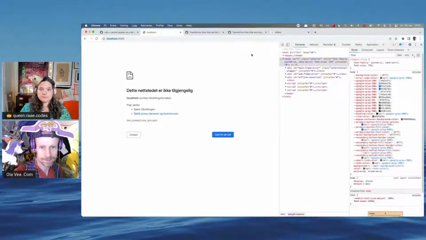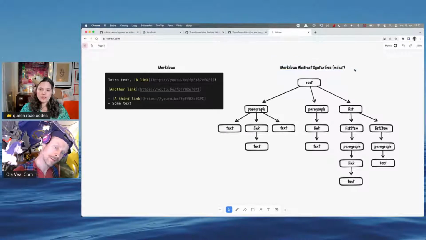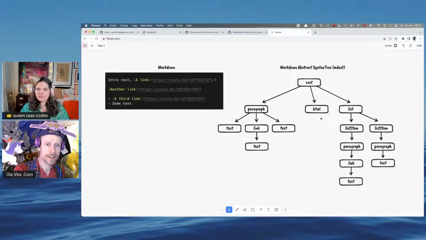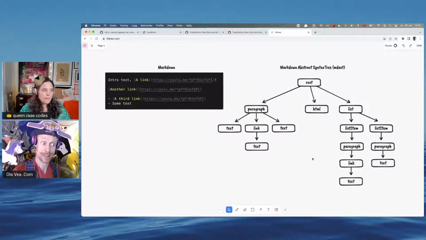So what it actually does is that it takes this Markdown abstract tree, and then we have changed our paragraph now into HTML. Boom. HTML. We deleted all the kids. So boom, no kids. Oh, let's not save it. I mean, yes, no kids.